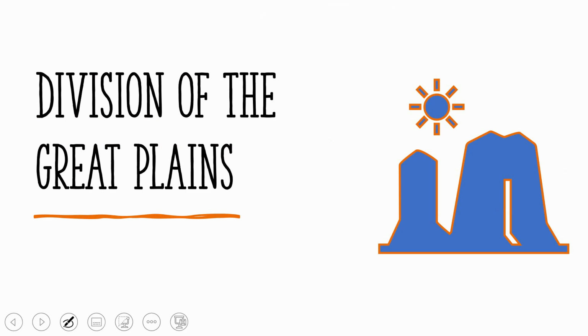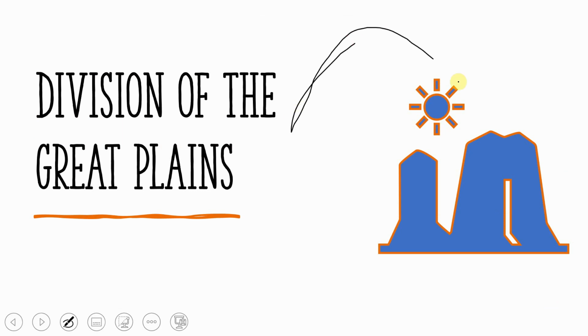So, divisions of the Great Plains. I have talked about the plateaus and also the plains. Plains and plateaus are both flat areas of land. The main difference between a plain and a plateau lies in their elevation, that is, their height. A plateau is a flat land that is raised significantly above the ground, whereas a plain is a flat, low-lying